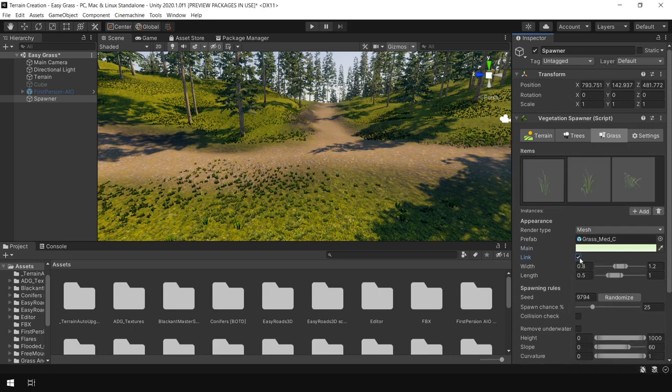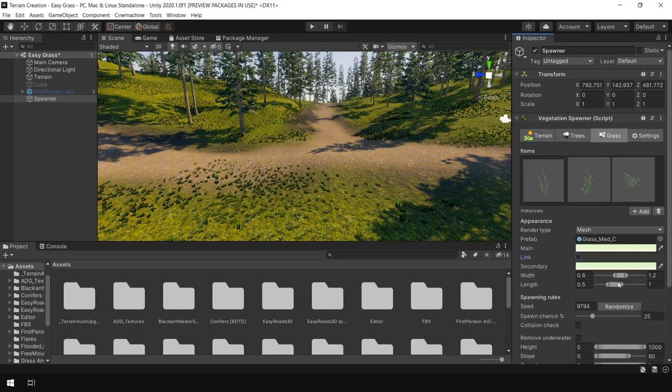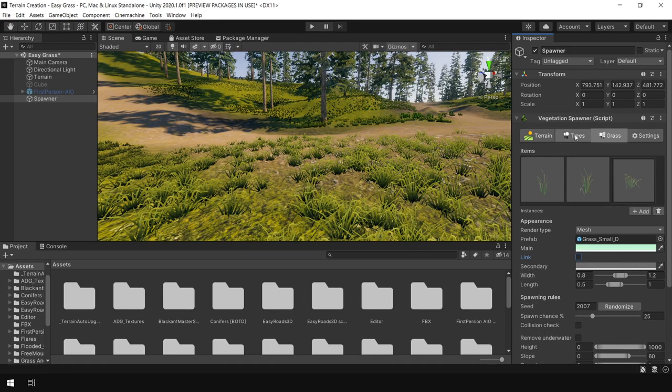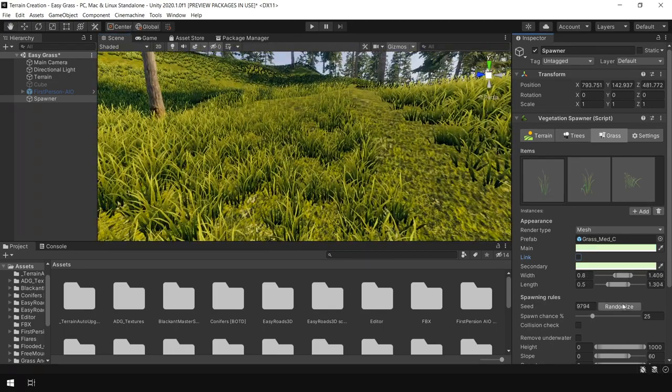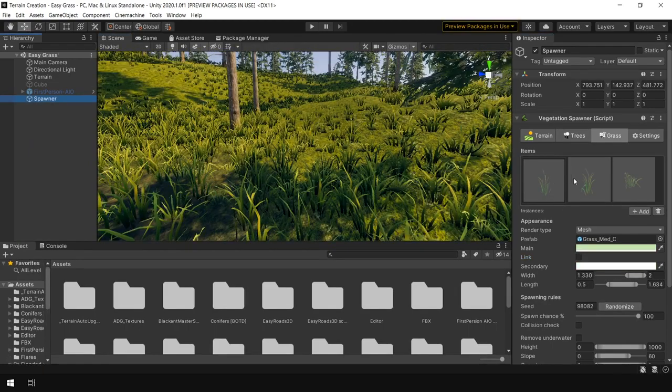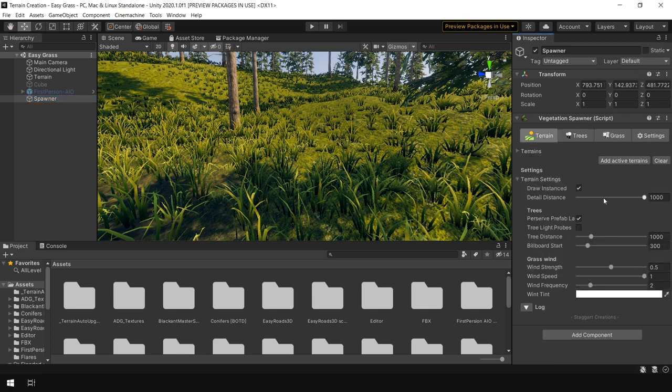And here you can control individual colors. Using this link option, we'll use the same color for main and secondary color. These options are the same as the tree section. You can adjust individual width and height. One thing I want to mention: whenever working with this system, go to the terrain and make sure the detail distance is a bit low, because for some reason it increased this to 1000, which may sometimes hang your PC. So keep it as low as possible.